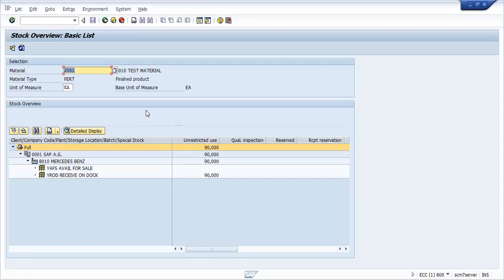Manoj, after the put away is completed, the stock should be shown in YAFS, right? Yes, but then I guess what you've done in